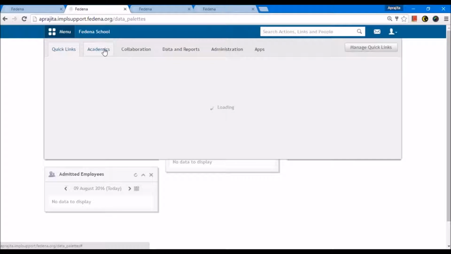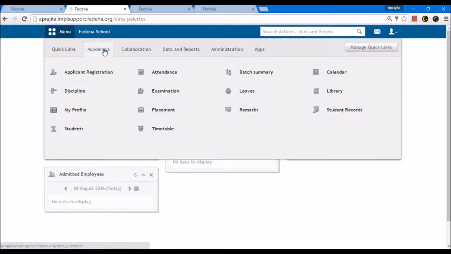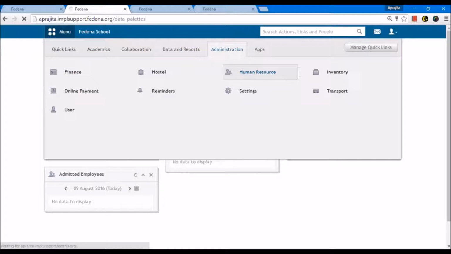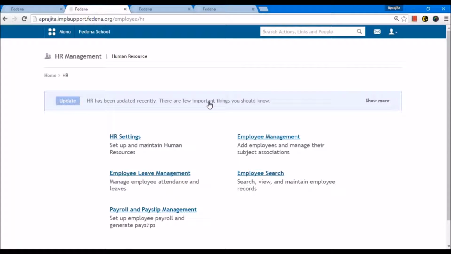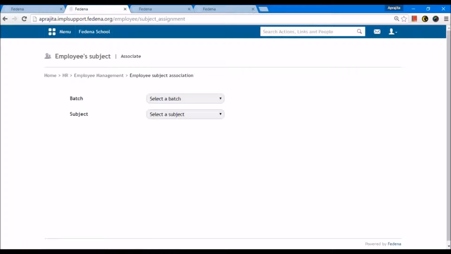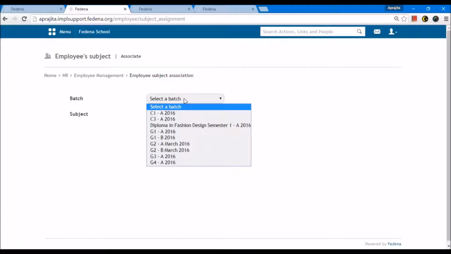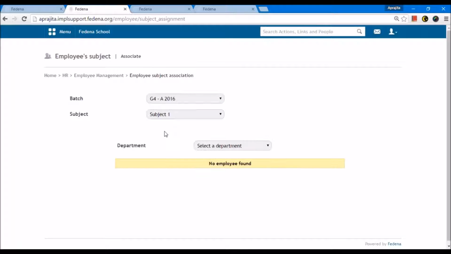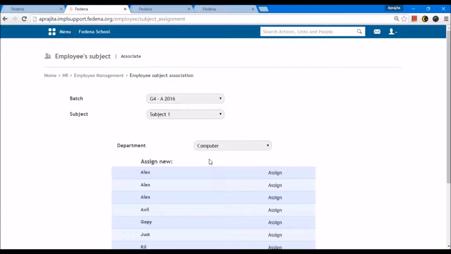Now, before we start entering marks for examination, we should ensure that teachers are associated to the subjects for which we have created the examination. So I'm going to employee subject association. Here I will select the batch, select the subject, assign a teacher.